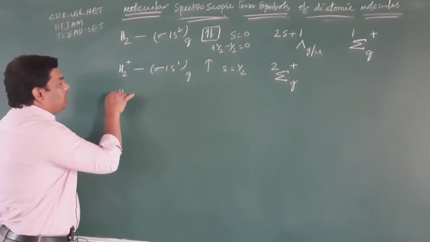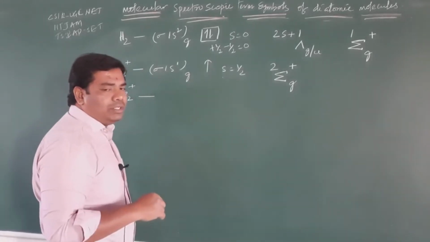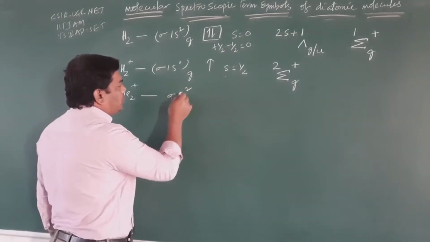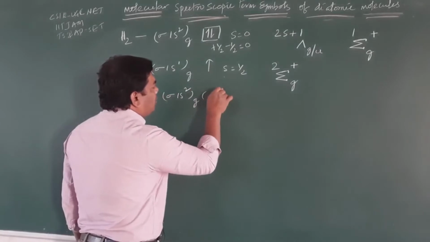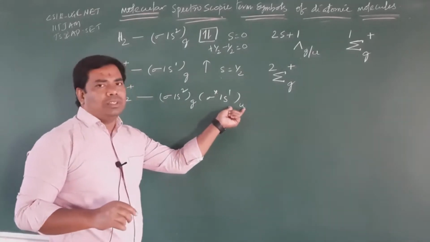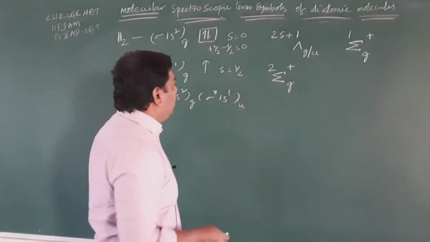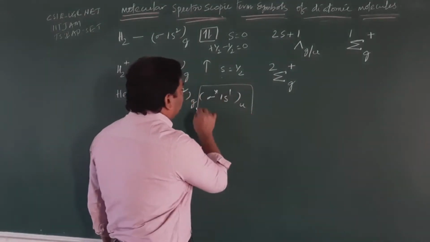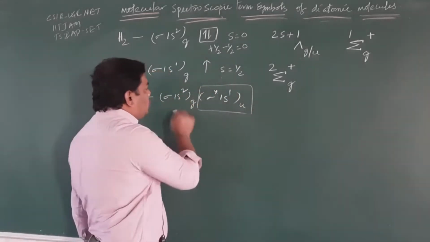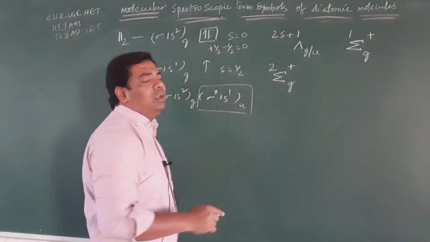Okay, right. Next, He2 plus molecule. He2 plus helium molecule. Electronic configuration is sigma 1s2, and center sigma star 1s1. So this is anti-bonding molecular orbital. If the molecule does not have a center of symmetry, then we can write a subscript as u. Okay, clear? Right. So you can see only the electron filled in the last orbital. So don't consider this sigma 1s2. You can consider only the electron which is filled in the last orbital.